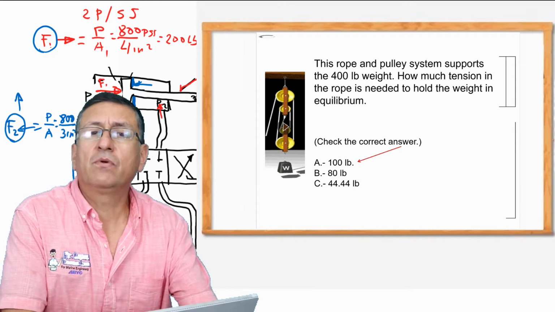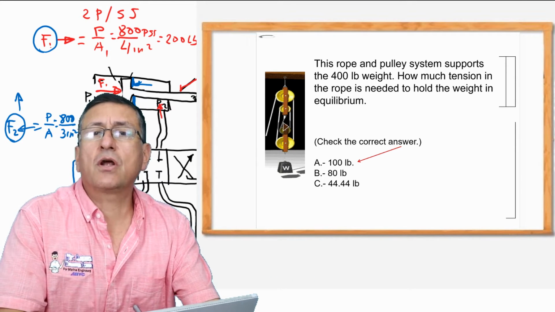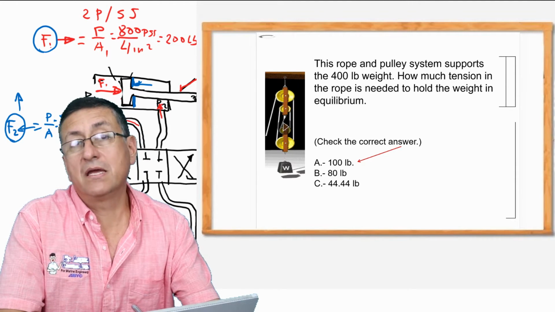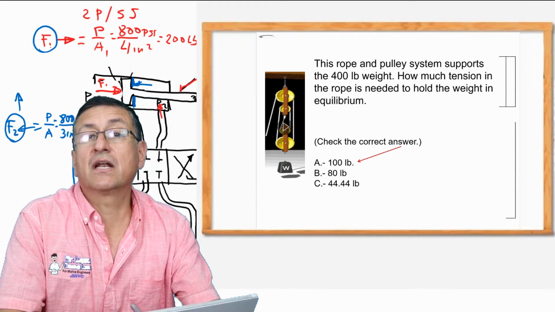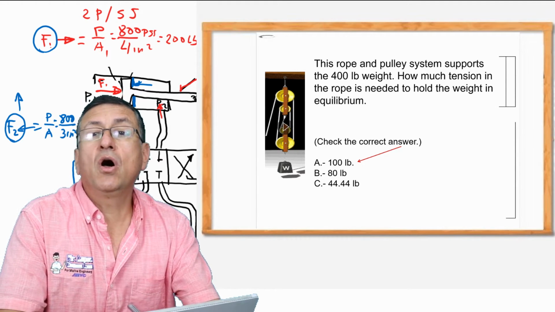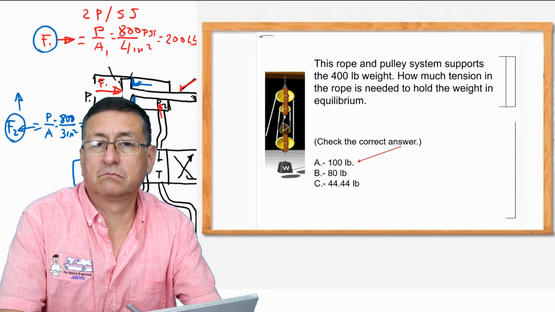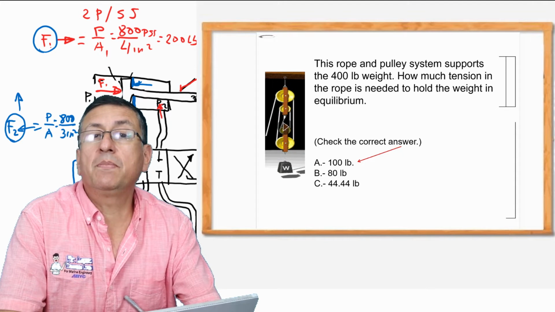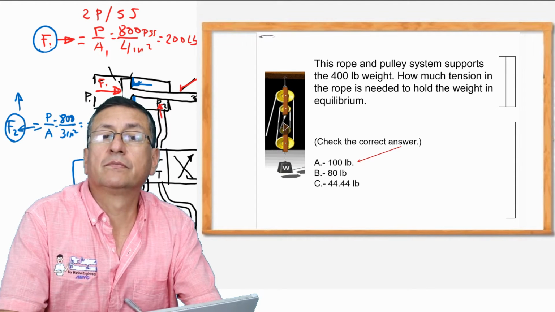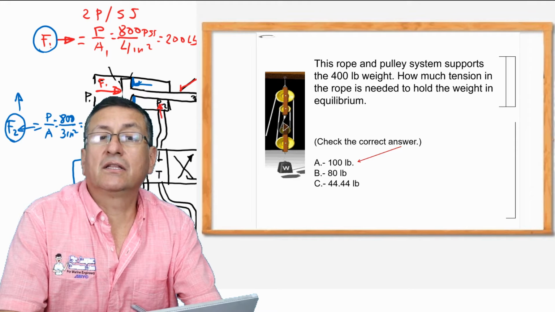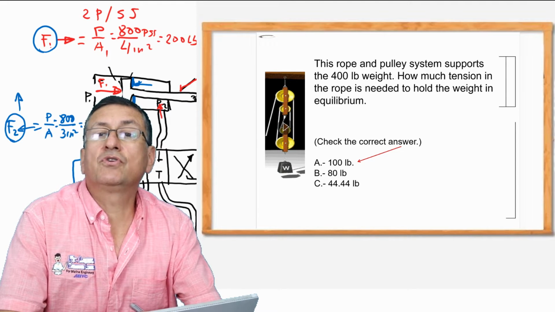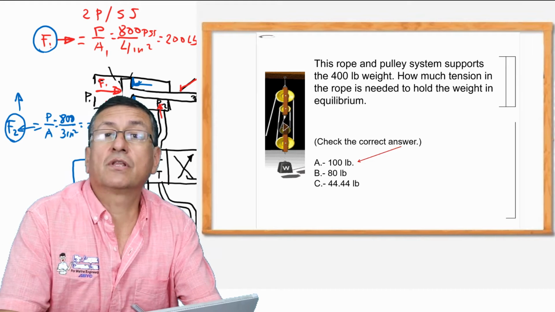I have an example. We are going to practice with this example. This rope and pulley system supports 400 pounds of weight. How much is the tension in the rope necessary to hold the weight in equilibrium? Okay, the total weight is 400 pounds, and the question is how much should be the tension in the rope in order to keep the system